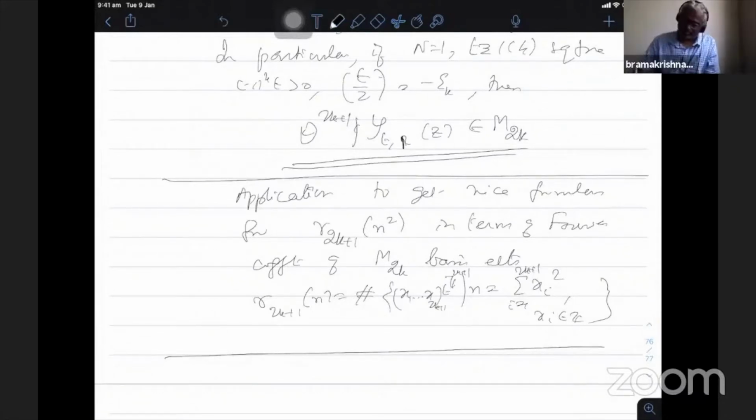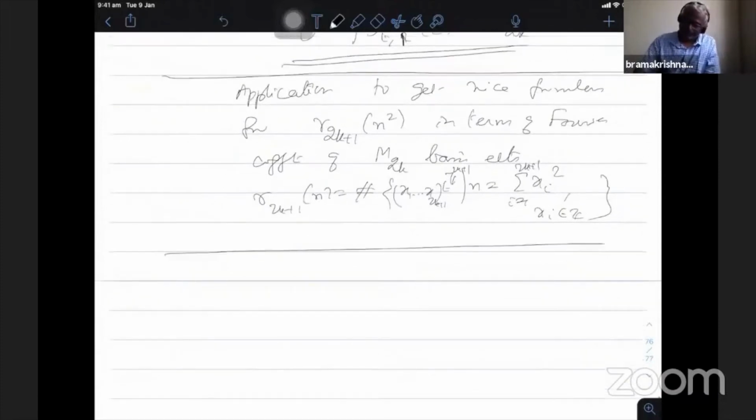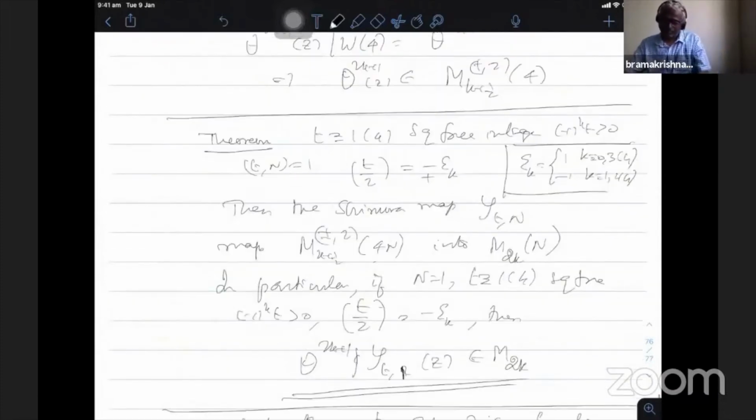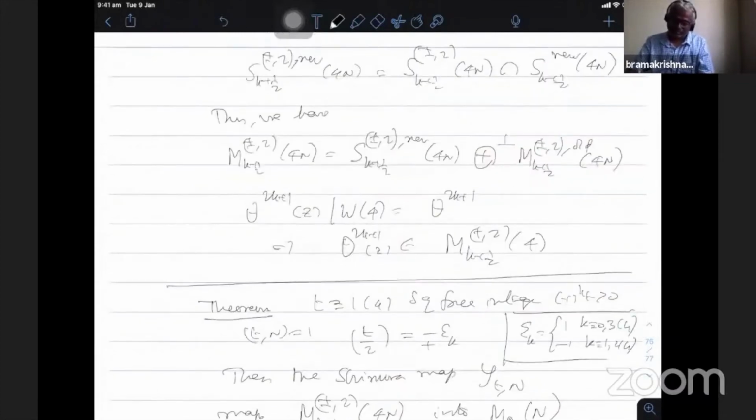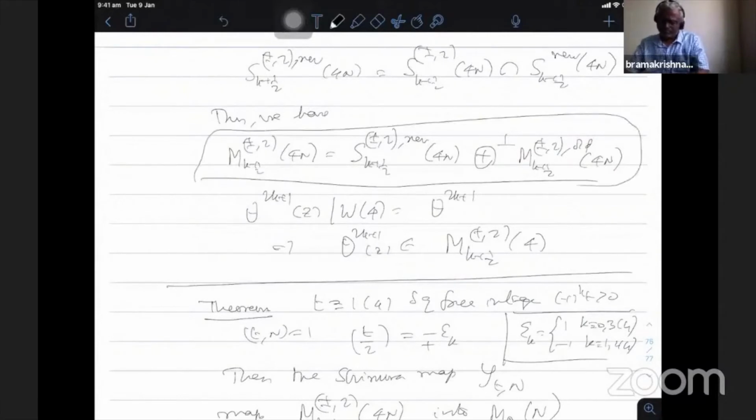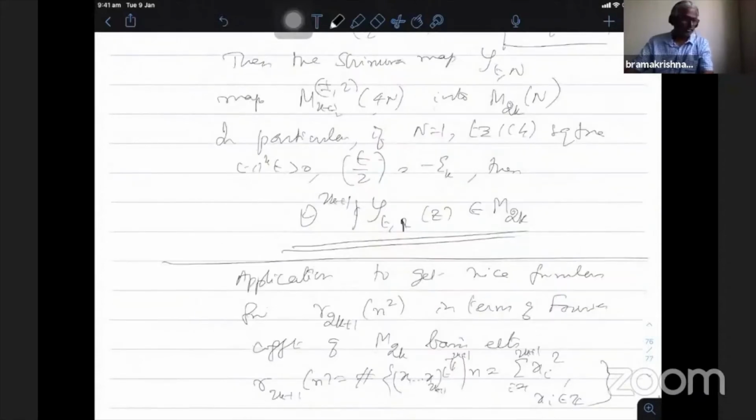Now, the idea is to show that, because of the decomposition of the Shimura map, when I take these new forms and apply this particular T, all the new forms are contained in the kernel of the Shimura map for this T. That is the main part. Once I prove that, if I apply the Shimura map, I write only in terms of the old forms, then I can explicitly write this decomposition and get the result. So that is the main idea. We try to prove that.